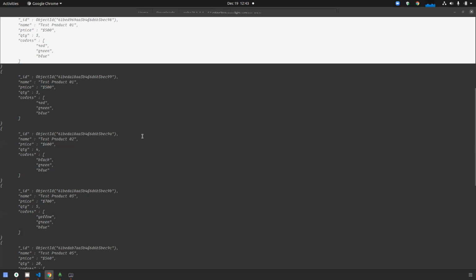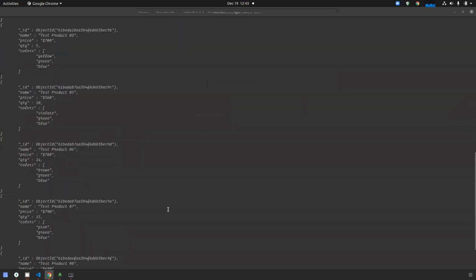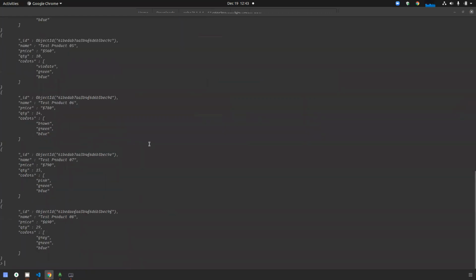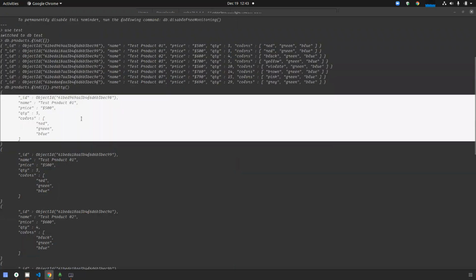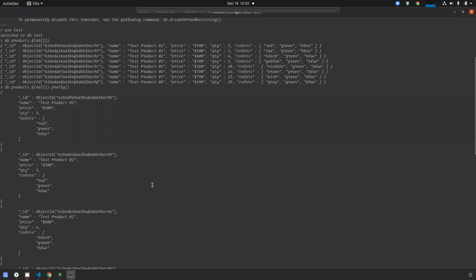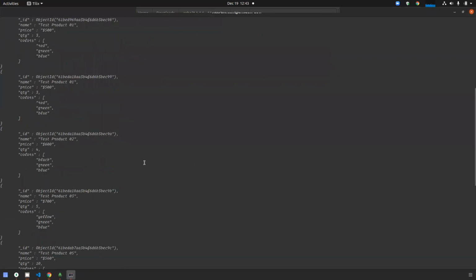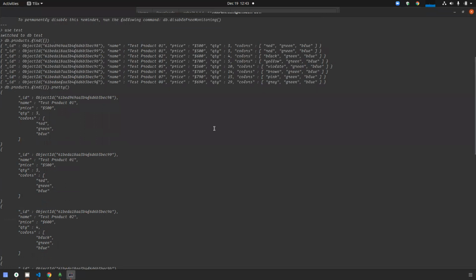Does anyone have any questions? I already showed the Mongo shell also. Those who don't want to install MongoDB Compass and all those tools can access MongoDB via the shell and run the commands there. Got it? Should I continue with Robo 3D or with the shell?